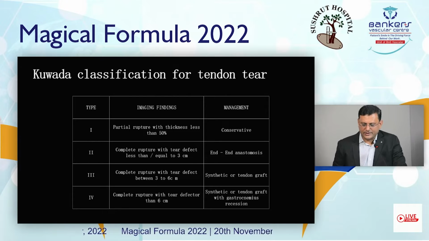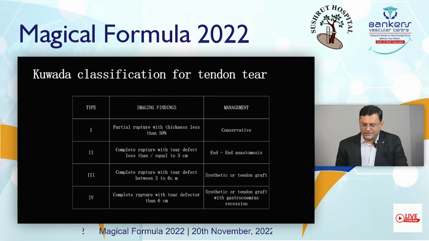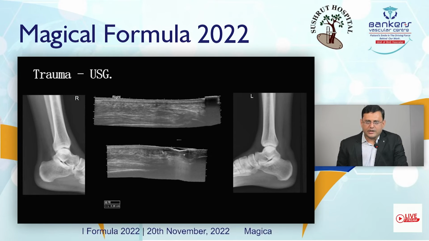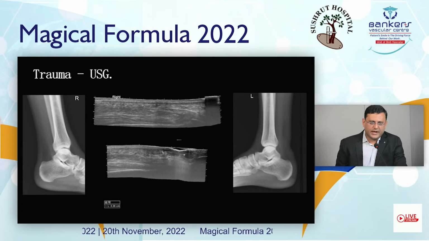If the defect is larger, more than 3 cm or more than 6 cm, then we need to have a tendon graft or a synthetic graft. So ultrasound or MRI help in evaluation of whether the tear is partial or complete, and if it is complete, then what is the extent of retraction and what further treatment can be planned in